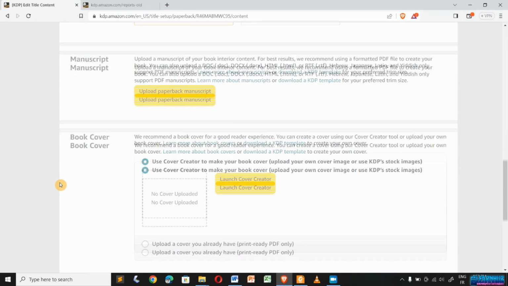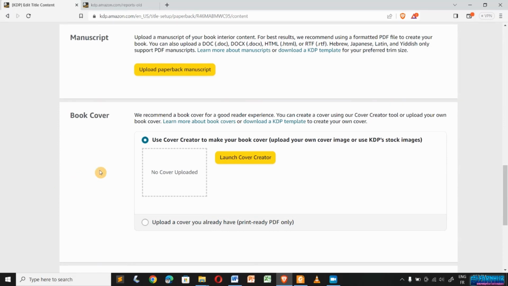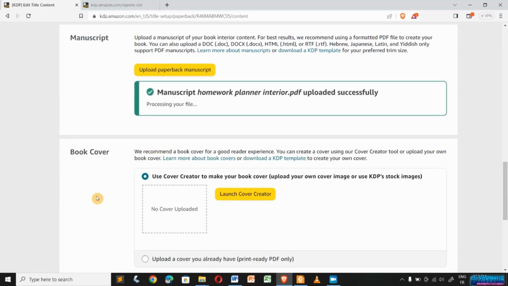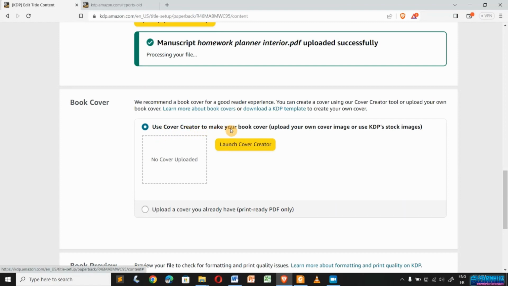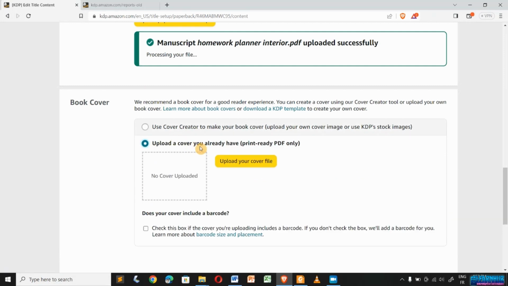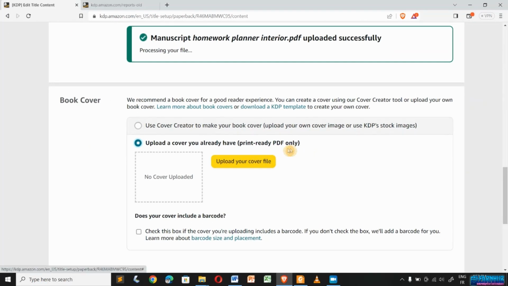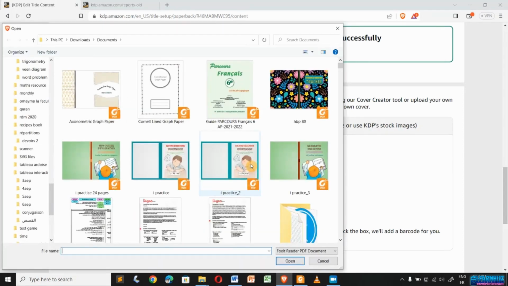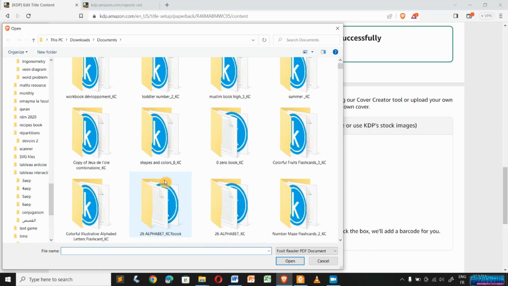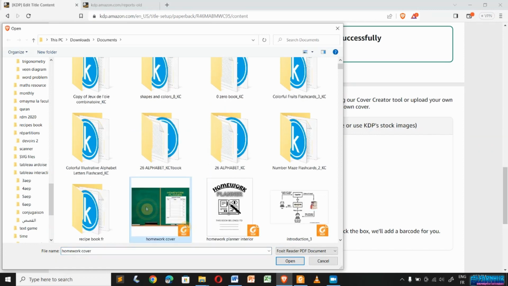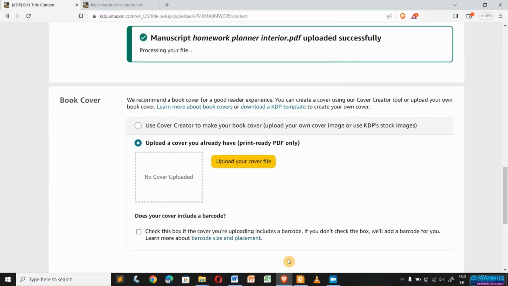So now it's time to choose our book cover. Here you have two options. By default, use a cover creator to make a book cover with your own image and KDP stock images, but we are not going to use it. Upload your cover that you already have, print ready, PDF only. We are going to choose our book cover, which I named here homework cover. Just upload it,